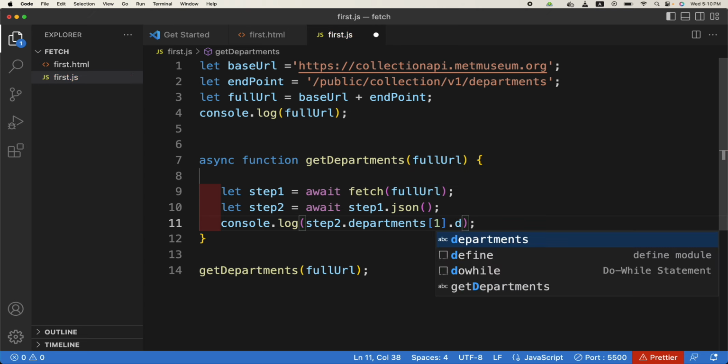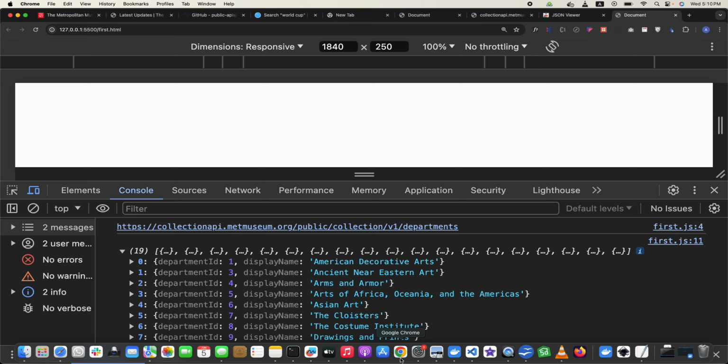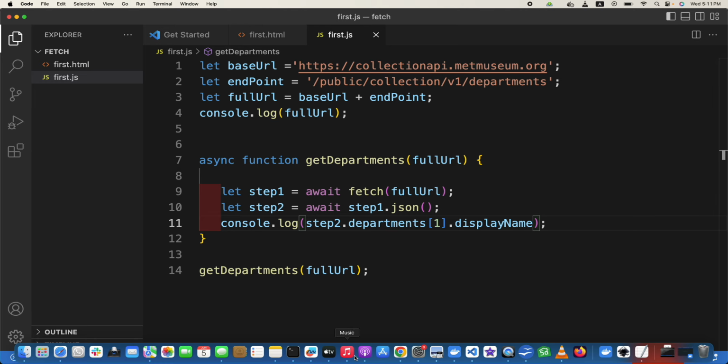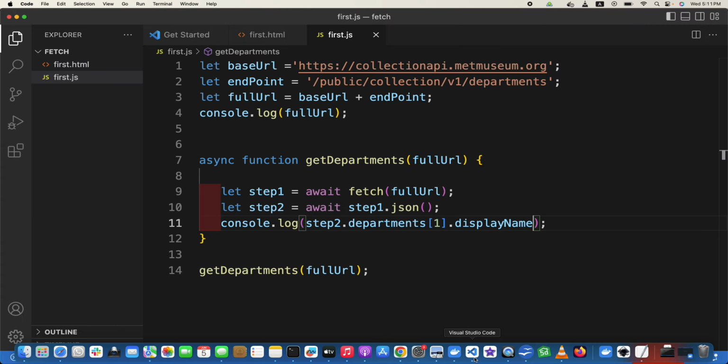Dot department, what is it? Display name. Display name. So ancient Near Eastern art. Is it fine? Okay, but we need to,